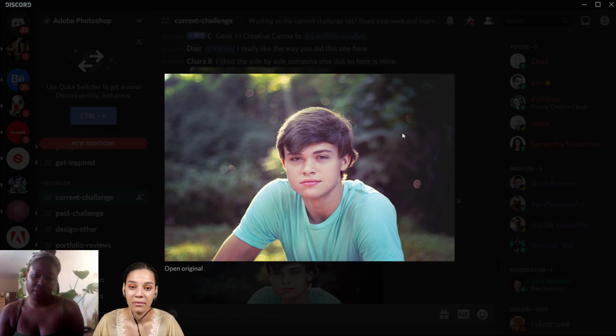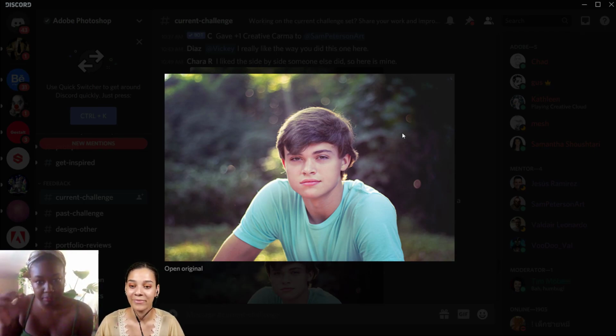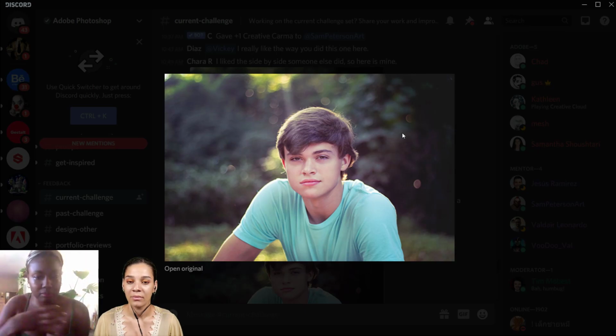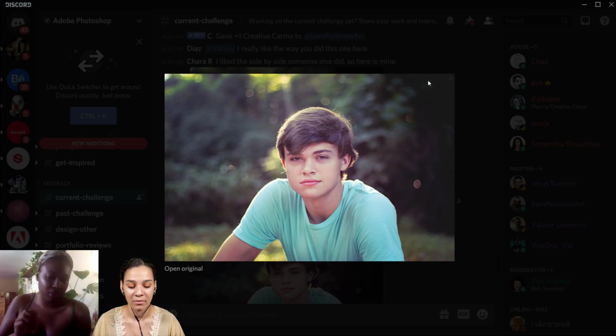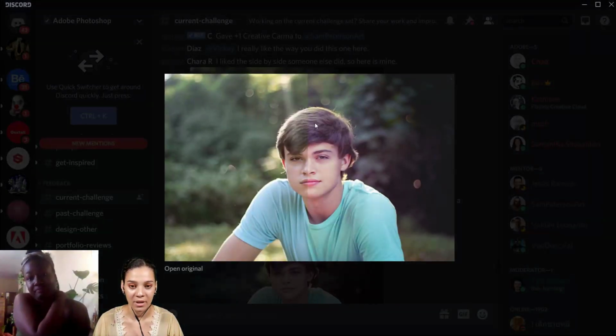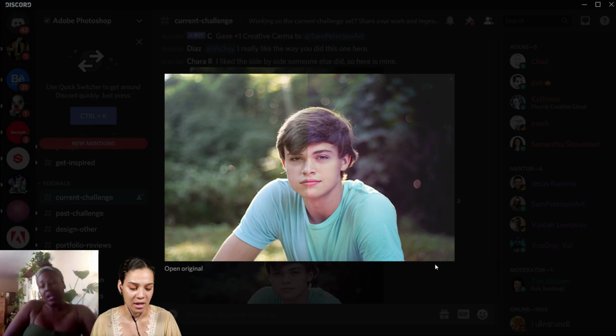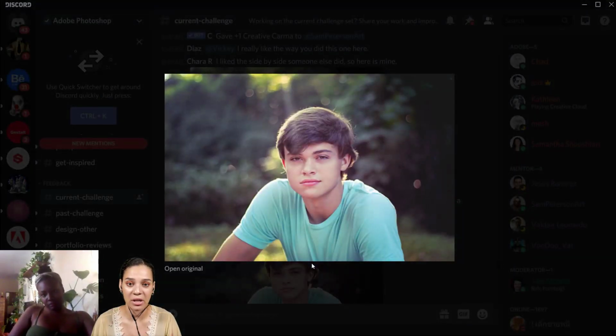You definitely created some separation between foreground and background, and you definitely have that with the slight bokeh, slightly pixelated in the background. But I really love, again, the color separation, how you can really tell the shirt in front, the blue, doesn't really pop in the back. I like it. I don't think that I would change anything with this one. I think you made some really great changes, and I love it.